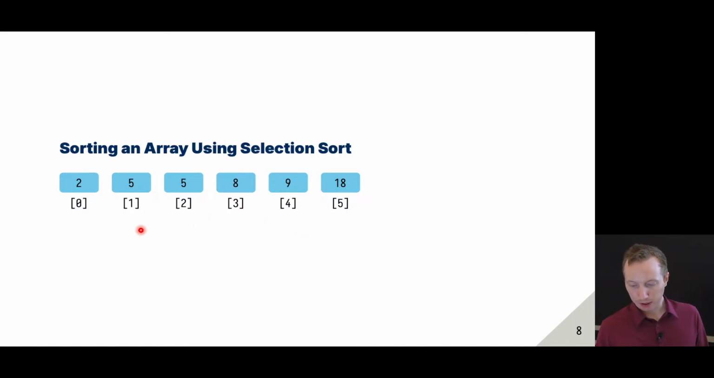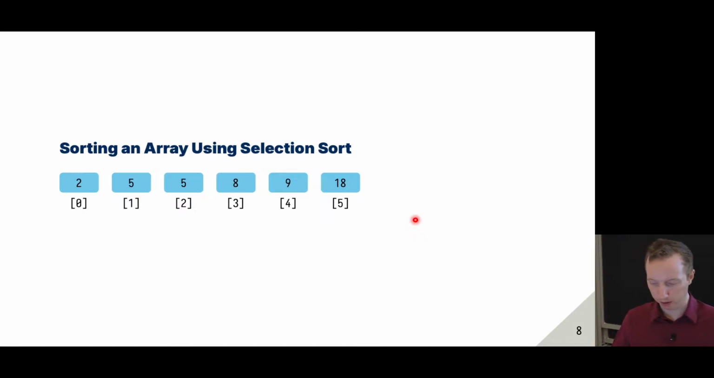So yeah, every time through the loop, we're just looking for the correct number to place at index 0, and the correct number to place there would be the smallest number in the array. So if we were to implement that,